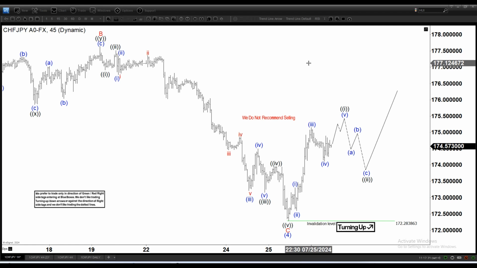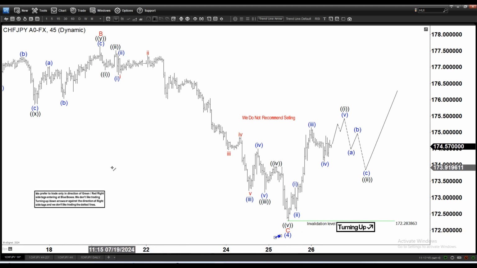Today is July 26th and the chart of the day for today is the Swiss yen here, 45 minutes time frame. We can see we ended with C, so it's in the form of an ABC, ended with 4 over here, and then since then it has started to rally. Now the leg higher here kind of looks impulsive, right? And that suggests that most likely we're going to see another leg higher later on because of the impulsive rally